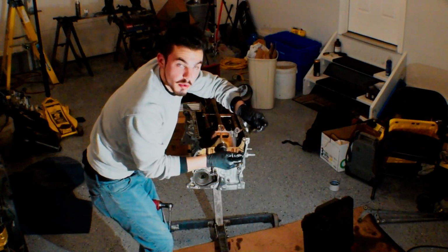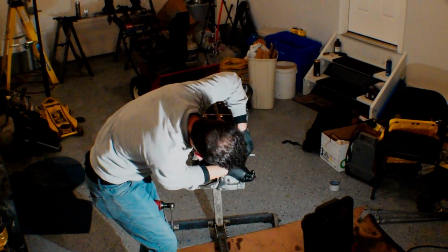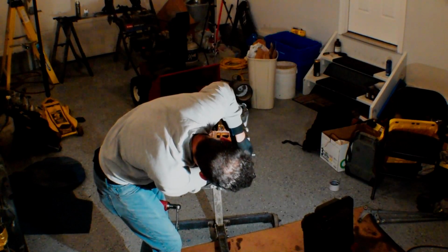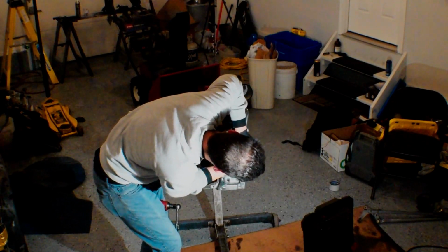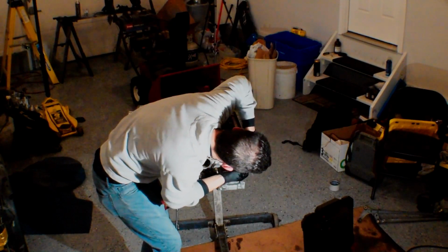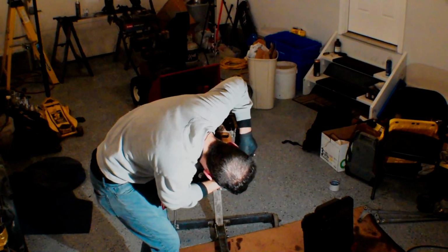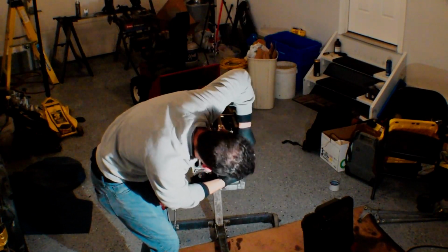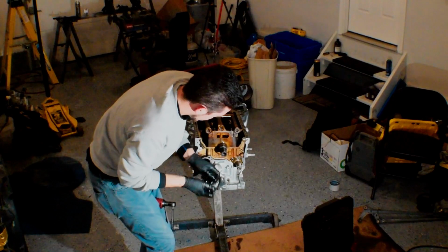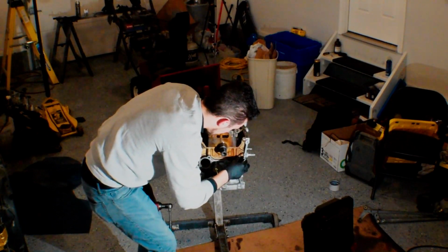Alright, so now I'm going to go ahead and get our plate. So we got our plate here that I grabbed, and we're going to go ahead and put it onto the balance shaft, and then I had to pull it out a little bit to put it on the balance shaft. And now I'm going to put it back in. You got to pull it off a little bit. And now we got it to go in, and that's what locks the balance shaft in. And start our